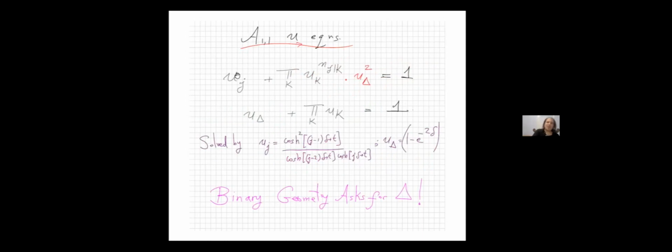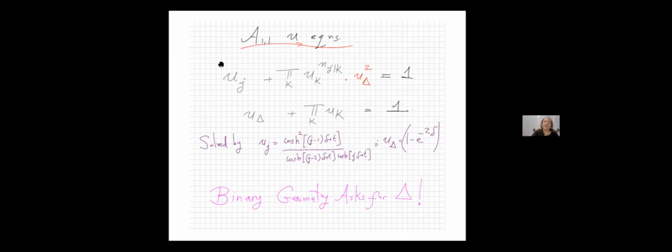And then when we do that, something beautiful happens. So first we have Uj plus the product of all of these guys with the appropriate intersection numbers, times U delta squared, is equal to 1. And then I just told you that the product of all the U's was e to the minus 2 delta. So if I bring it to the right-hand side, that's exactly what U delta is. So we get the remaining U equations, which say that delta is incompatible with all of the rest of them.